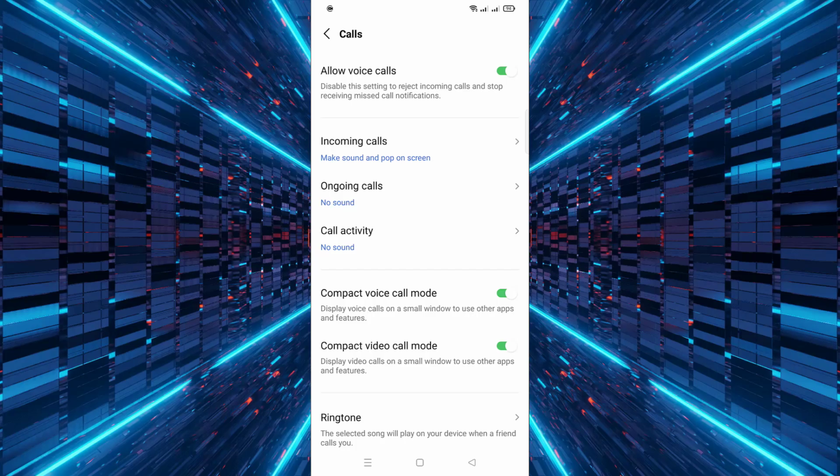in action. The call will now appear in a small window that you can move around your screen while performing